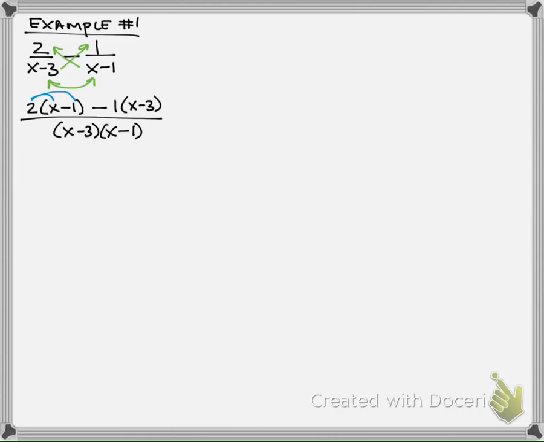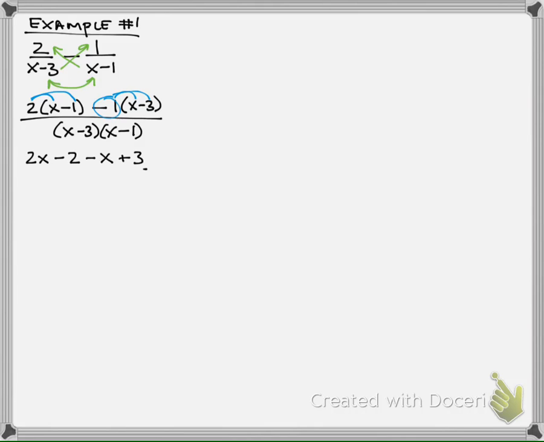So I'll get 2 times 2x minus 2, and then I'm going to distribute negative 1 into the second parenthesis. So I'll get negative x, let's keep it in black here,